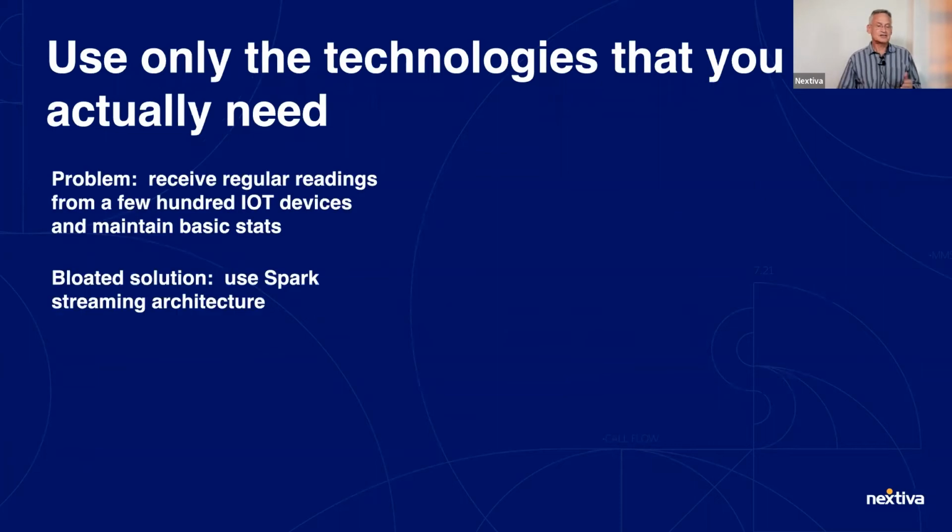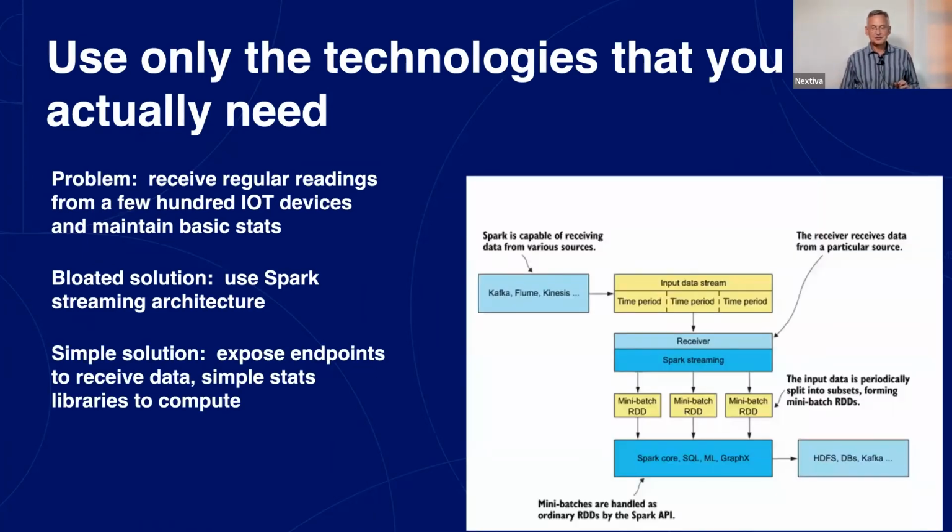So this is a kind of ridiculous example. You've got to receive readings from IoT devices, maybe they're lawn sprinklers, whatever. There's a few hundred of them, and you want to maintain statistics. That's the task. That's what you need to do. Well, if you want to be super cool, you bring in Spark streaming and RDDs, and I love that stuff. I mean, it's an Apache project. I love Spark. It's cool, but forcing my team to learn that for that application? Are you kidding me? It's slightly modified, but this actually happened, and it does happen.